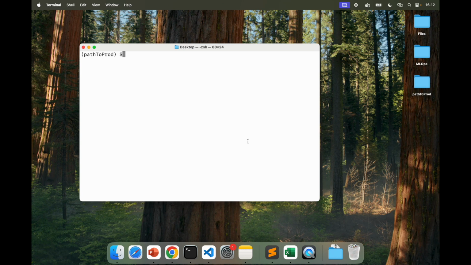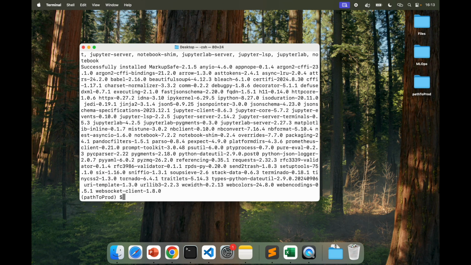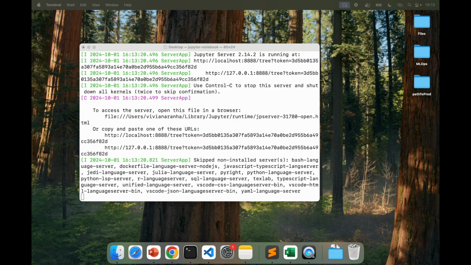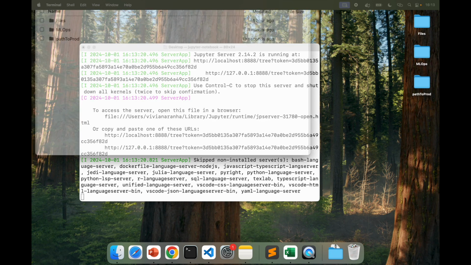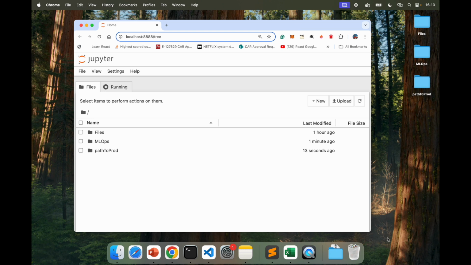in Jupyter Notebooks. So what I am going to do is I'm going to first install. So if you don't have Notebook installed, that can be done using this command pip install notebook. It's going to take some time, and once it's done, the next step is to open the notebook by saying Jupyter Notebook,